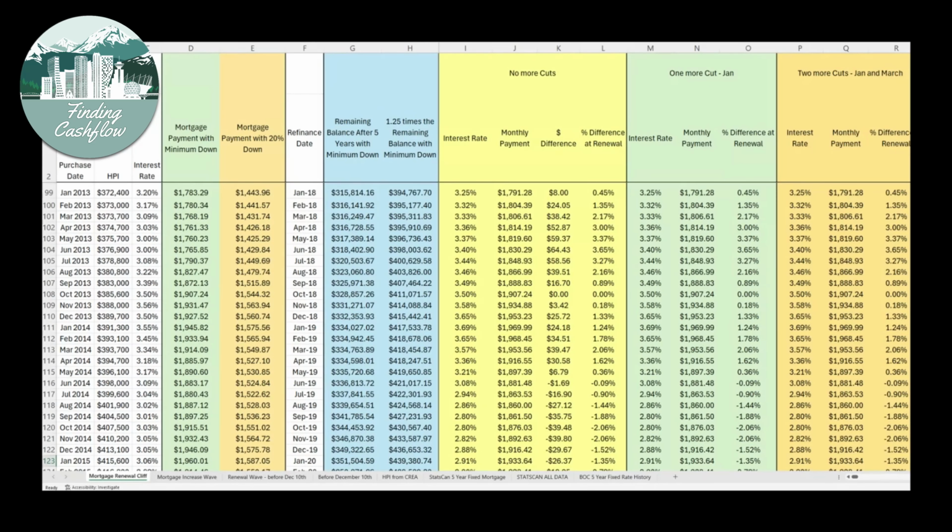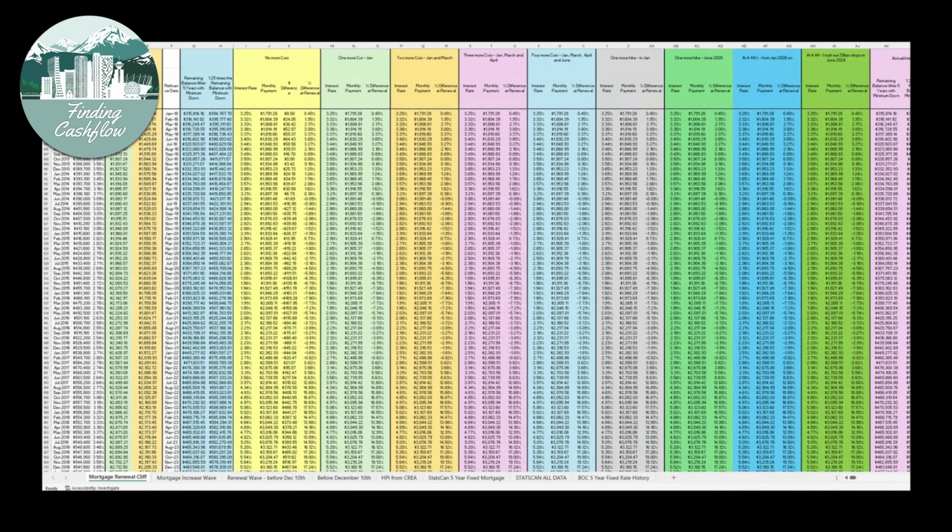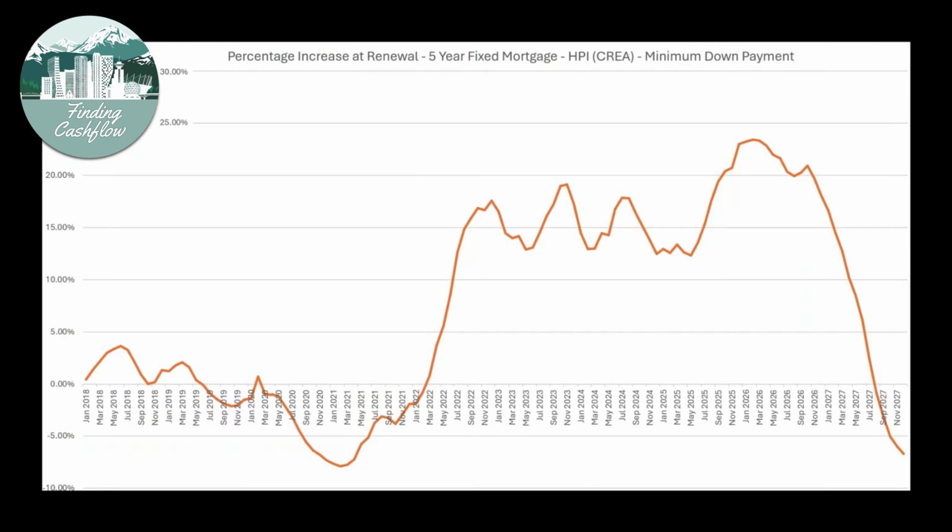And then, after putting all this data into Excel, and after spending what I assume to be an extra 100 hours or more in Excel, I was then able to graph out the mortgage renewal wave here in Canada. And this is the final result. This is the mortgage renewal wave in Canada graphed out in Excel, using the 5-year fixed rate which we know up until this point, and then making predictions on where the 5-year fixed rate will go from here. Let's put it into context where we are in this wave.